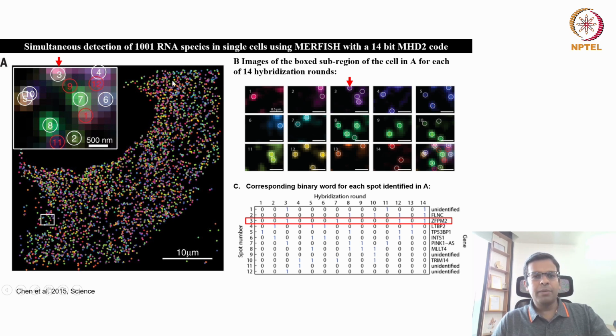So in the entire tissue sample, or the cell sample, you can see where this transcript is present and how it is spatially expressed. Okay, so this is how, based on this unique barcoding system, this MERFISH technique can detect thousands of species of mRNA in any cell or tissue sample.